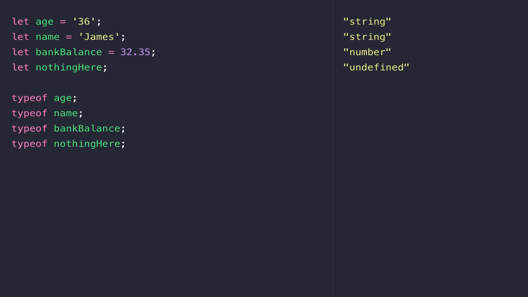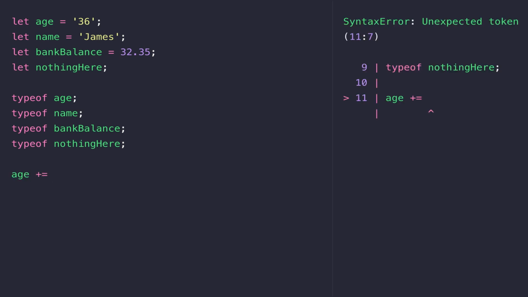If the age variable was actually set as a string data type, we're making an assumption that age is a number, because why wouldn't an age be a number? But if this variable was defined somewhere deep inside the code, or maybe it had been set by some other method, it could contain an actual string. So if we came down in our code to actually do something like this, you'll remember from a previous lesson